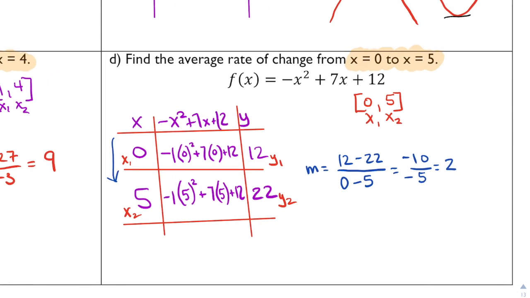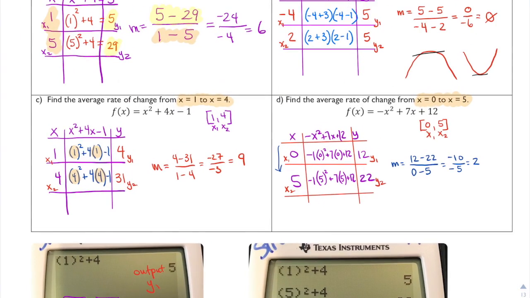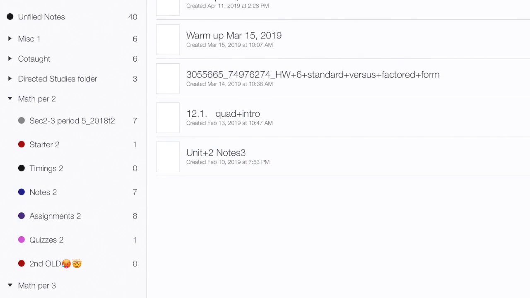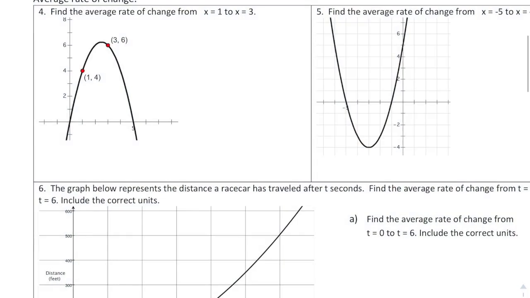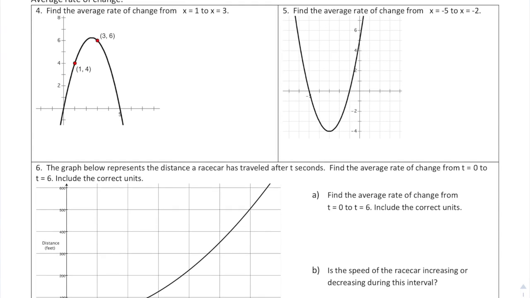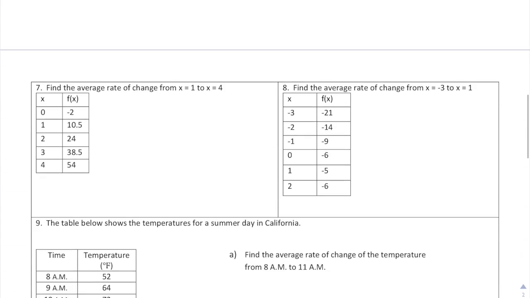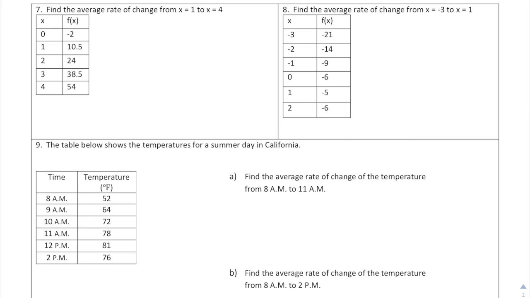All right, let's talk about your assignment. So your assignment is going to be homework 7, average rate of change. And at this point, you should have done or be doing and completing 4, 5, and 6. Truthfully, you should be able to do 7, 8, and 9 because it's really just pulling numbers from a table. You don't have to create one, it's created for you. So you just find your